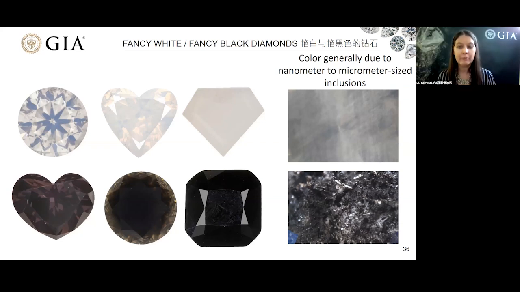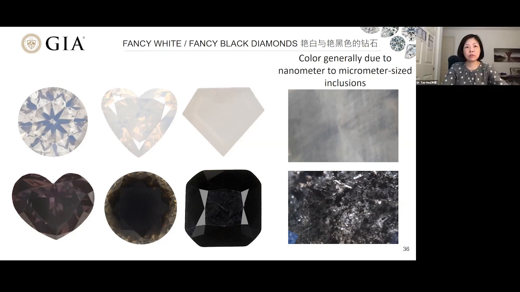These diamonds are different from the others that we've looked at. Here, we're not looking at atomic scale defects. Instead, we're seeing color that's generally due to nanometer to micrometer sized inclusions. 这两种钻石的致色原因和其他色彩系列非常不同，其他都是原子级的晶格缺陷造成的，这两种是纳米级、微米级的包裹体造成的。